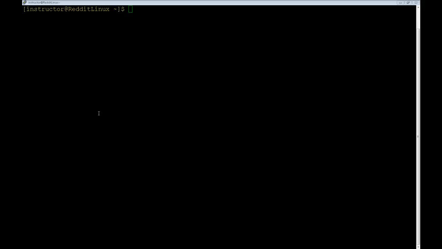Okay, after you have successfully logged on, the shell displays the prompt on the screen, which is the shell command interpreter's way of asking basically, what do you want to do next? In this case, you can see that I'm logged on as instructor at redditlinux.com. The tilde is indicative that I'm in the home directory, and the $ shows that my privileges are as a